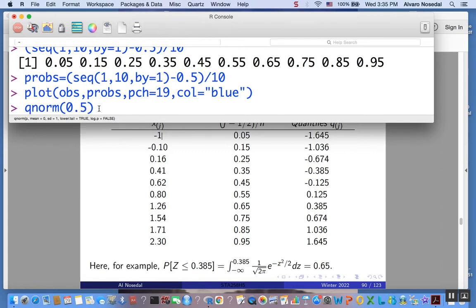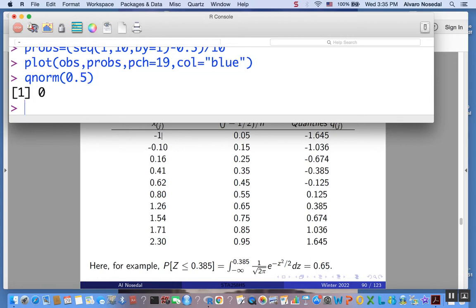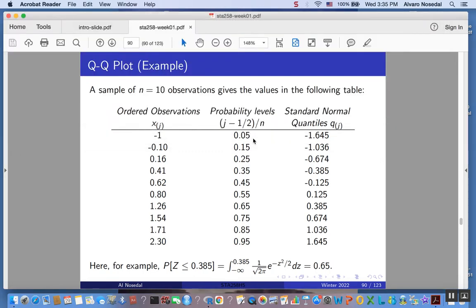So if we know that the quantile, the number such that the area to its left is 0.5, it's just going to be 0 because it's a normal 0, 1. So the area to the left of 0 is going to be 0.5. Normal distributions are symmetric. The mean is the center, so it makes sense that the area to the left of 0 is 0.5. Okay. Now, going back to this,